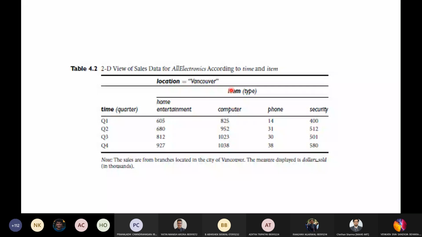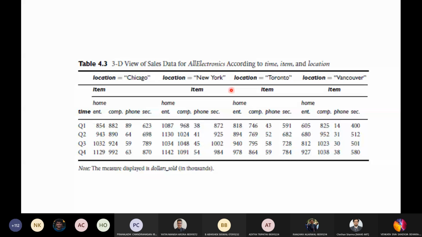So suppose you want to view the same thing in terms of a cube. Okay. So this is the figure in which 3D data is represented in the form of a cube. The same data is represented in the form of a cube, but suppose that during some month you want to view the sales with an additional fourth dimension, such as this. Apart from time, location, and item, you want to see one more dimension also. Okay.